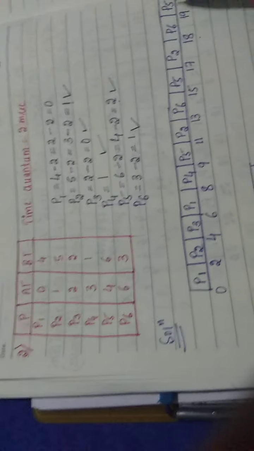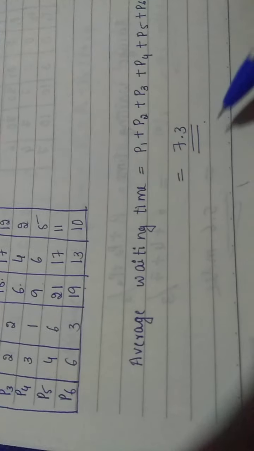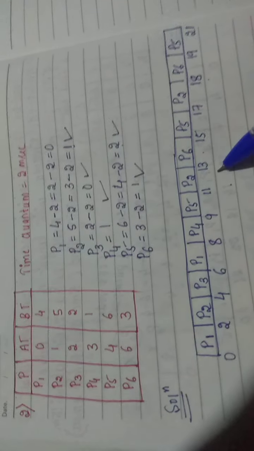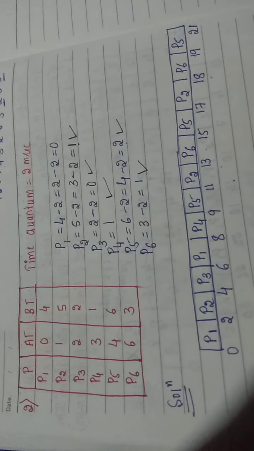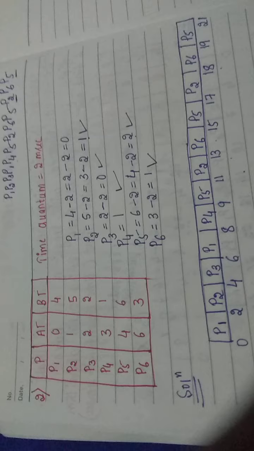Okay. Same way you search for P3. P3 is 6. Okay. And the same way I have written P4, P5, P6. And apply the TAT formula and waiting time formula, and you are going to get 7.3 milliseconds. Cross verify once. The Gantt chart is perfect. Okay, after writing the Gantt chart, you know all the steps: writing the completion time, turnaround time, and waiting time. Okay, so that is about the second problem in round robin.